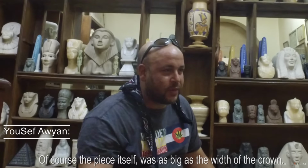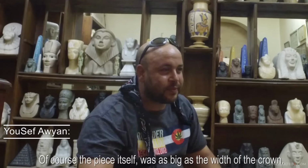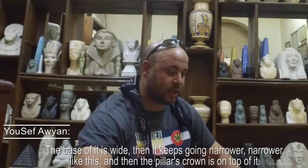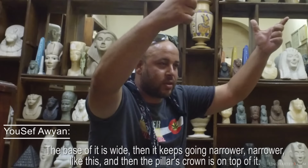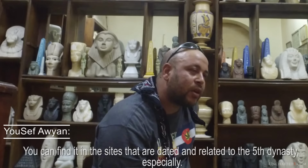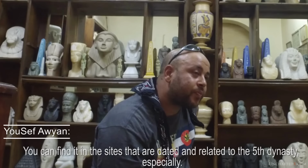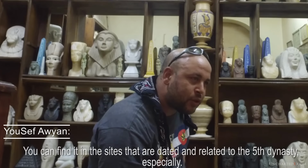Of course, the piece itself was as big as the width of the crown, of the palm, of the pillar. And then the base of it is wide, and then it keeps going narrower like this, and then the crown is on top of it. Very, very, very challenging. You can find it in the sites dated and related to the 5th Dynasty especially,